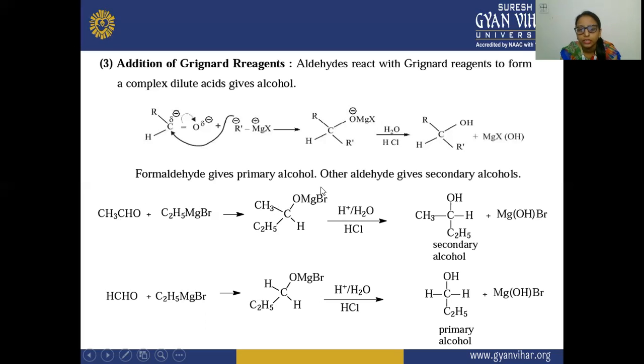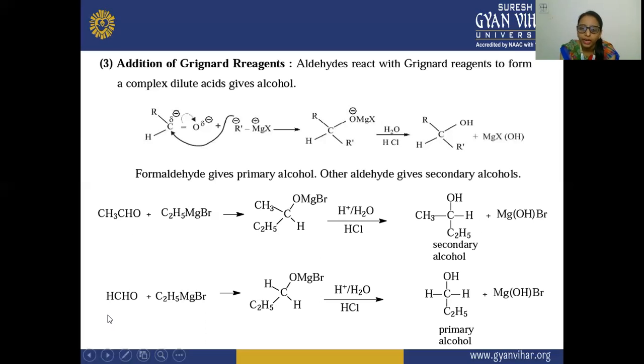So here this acid complex is formed, and this is reacting in the presence of this water molecule, and from this water, H plus and OH negative is dissociated, and there is a formation of this secondary alcohol. Here there is a formation of this because this is your acetaldehyde. So this is the other aldehyde, and this is giving you a secondary alcohol. So this secondary alcohol is formed, and MgOHBr is formed.